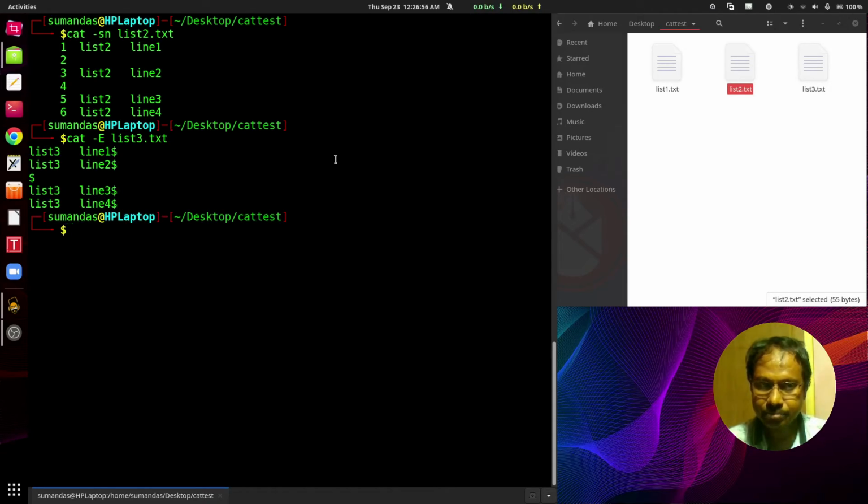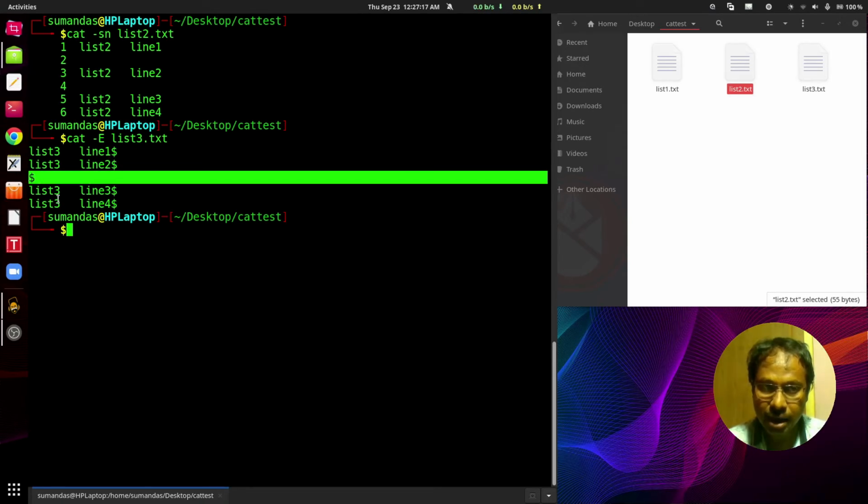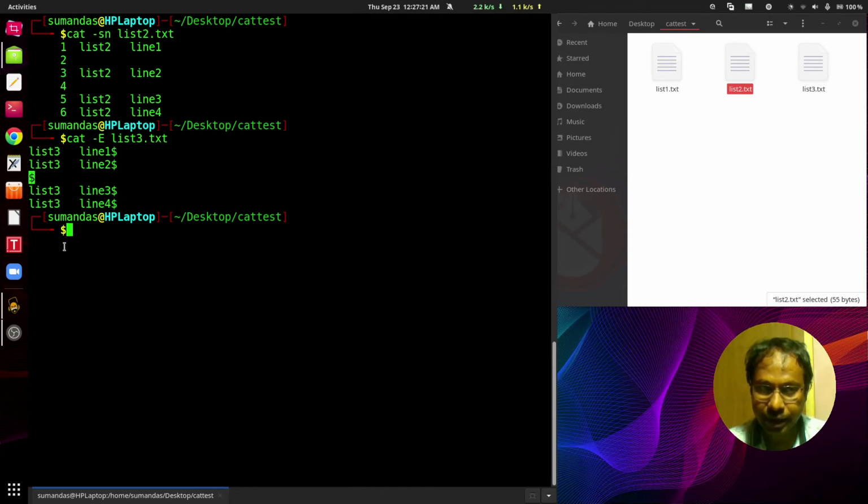Press enter, and here we can see at the end of the first line there is a dollar, at the end of the second line there is a dollar, and the third line is a blank line. So the end of the line is located here, and that is the same for line 3 and line 4.